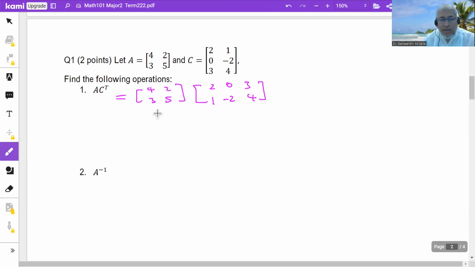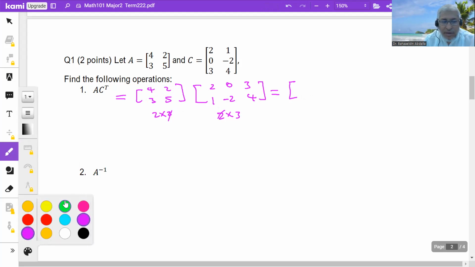So now the size of this matrix is 2 by 2. We have 2 rows and 2 columns. And here, how many rows? 2. How many columns? 3. So can we multiply these two? Yes, we cancel this with this. And the product matrix will have dimension 2 by 3, so there will be 2 rows and 3 columns. Now, how to multiply? We start by multiplying the first row of A by the first column of